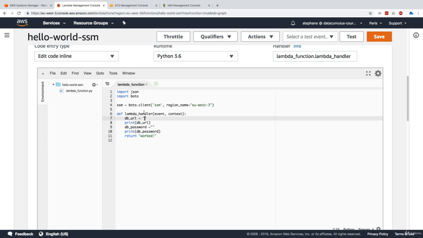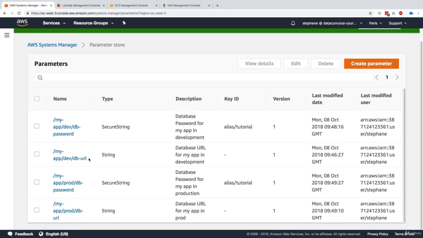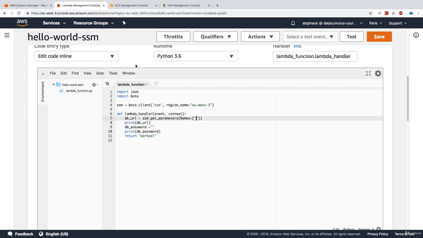Now we need to go ahead and use the SSM API. So for this, it's pretty simple again. For the DB URL, we'll do ssm.get_parameters. And here you have a names variable, and the names are just putting one name. So I'll just use this one, the dev name right here. Okay. And for the DB password, I'll use the same API, get parameters, but this one I'll say DB password. So this looks good enough, and let's just try it out to see how things work. Obviously, things won't work, but we'll see why in a second.